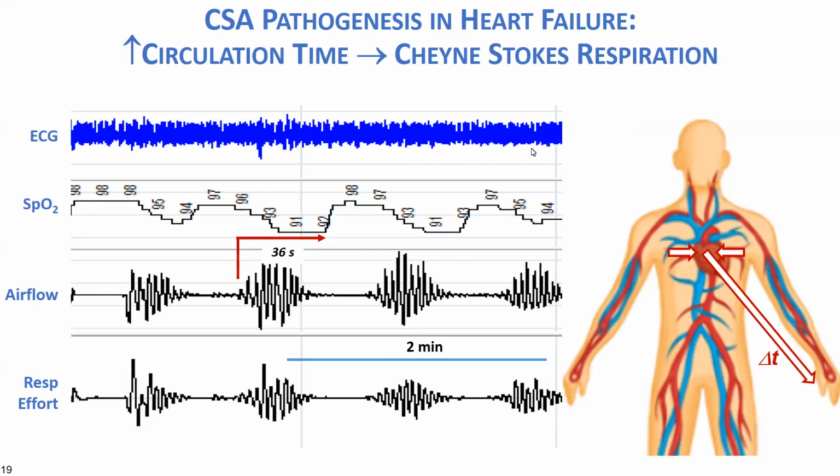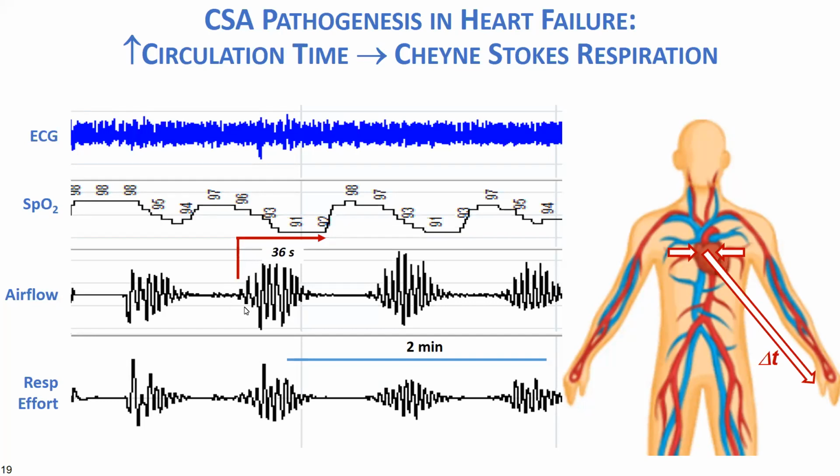But this is a typical Cheyne-Stokes pattern. And the Cheyne-Stokes pattern is often accompanied by an increase in the circulation time. The increase in circulation time is part and parcel of the pathogenesis of Cheyne-Stokes breathing. And it can be measured very easily on sleep studies by looking at the transit time that it takes for